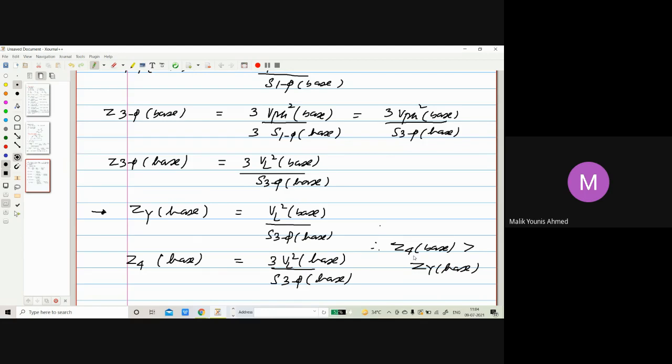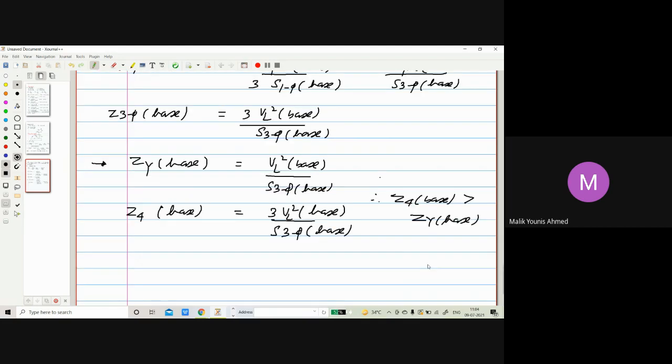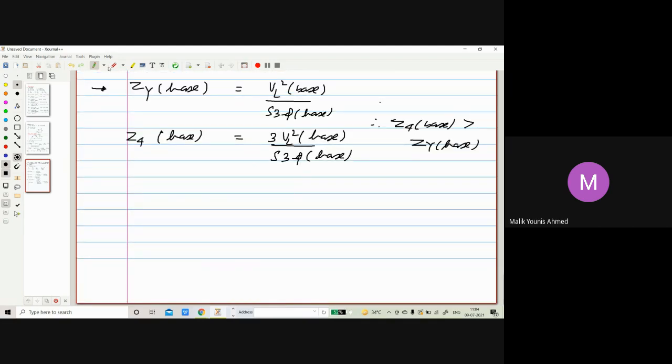Now next we have power ratings. Okay, we'll move to the power ratings next. Power ratings, I am going to write again the same results so that you can remember them again and again. In power ratings, we know complex power or the apparent power in the line values is root 3 VL IL, whereas in case of phases, it is 3 V phase I phase.